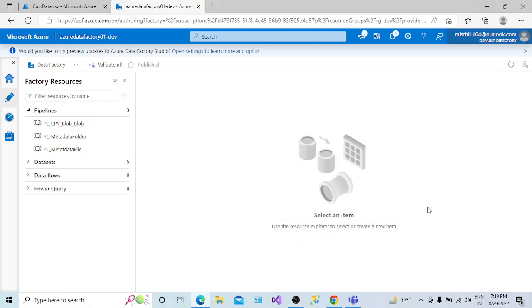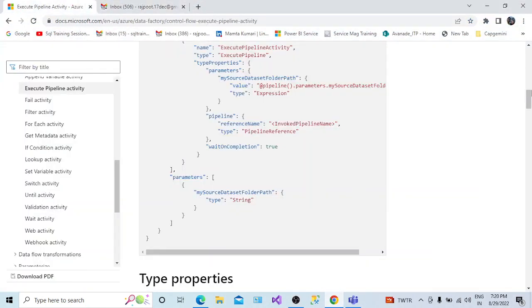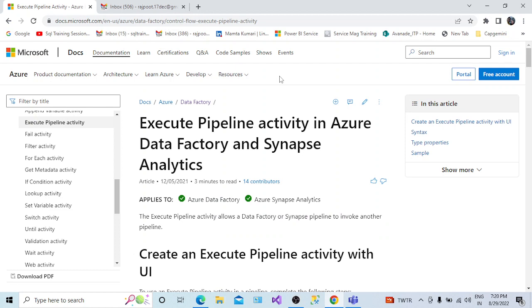So today in this session we are going to understand how we can use the execute pipeline activity in Azure Data Factory. If you see here, we have lots of activities available to create Azure Data Factory pipelines, ADF pipelines. Okay, so if we go to the Microsoft documentation about the Azure execute pipeline activity,